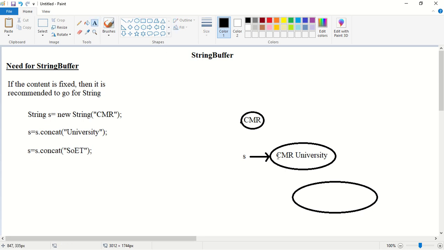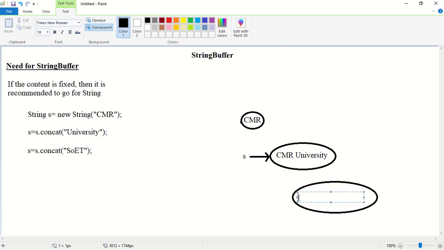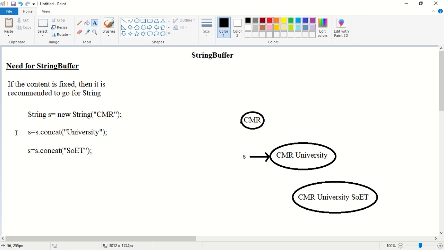The value of this string will be CMR University SOET. Here you can see I am reassigning the reference variable. So what happens to the reference variable? Now this reference variable will be pointing to this object. So what about the previous object? Now the previous object will be eligible for garbage collection.